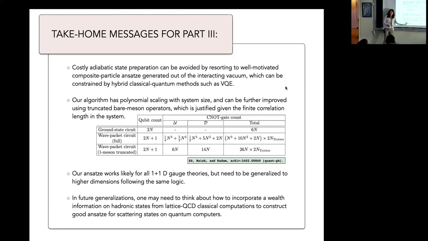The last thing I'm going to say is that it is very important, as we try to do QCD or more complicated gauge theories of the standard model, like QCD wave packets, that we need a lot more insight. Here, we could guess what these bound excitations could look like to be able to optimize them. Maybe we should get insight from classical lattice QCD simulations of these states and their properties, whether we get it from experiment or classical simulation, and build that knowledge into our ansatz for the wave function.